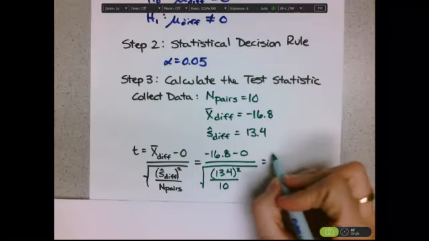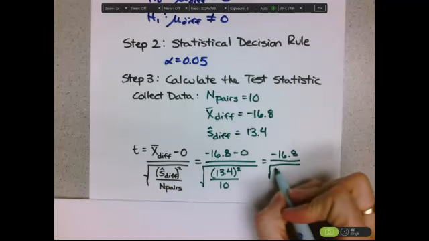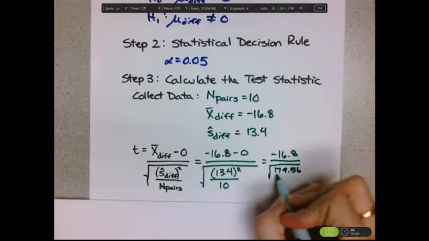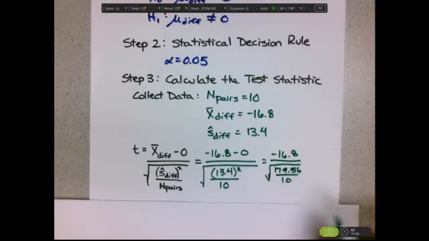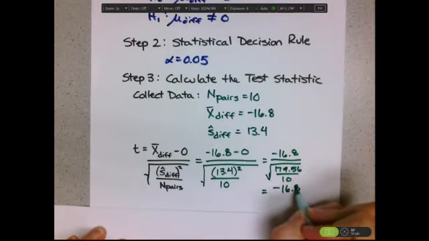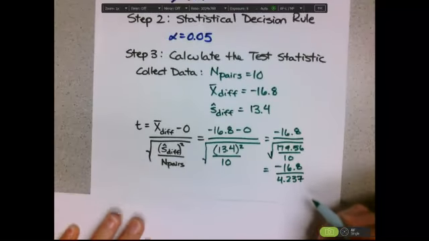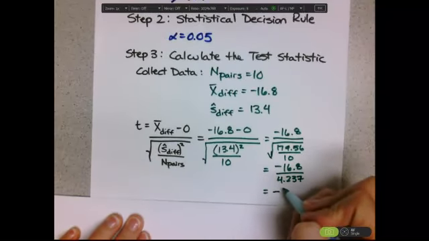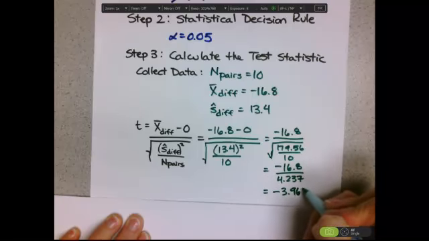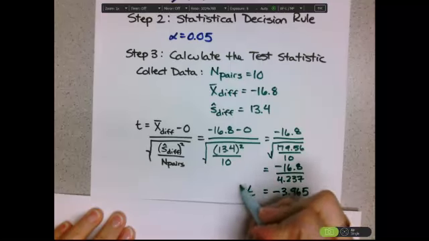So this is going to be negative 16.8 divided by the square root of 179.56 divided by 10, and then the square root of all that on the denominator, which is going to be equal to minus 16.8 divided by 4.237, which is going to be equal to negative 3.965. Again, we have a two-tailed test that we're doing, so the negative will not be a factor here. Okay, so we have our value for our t-statistic,